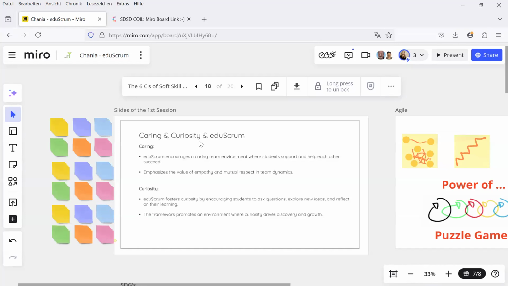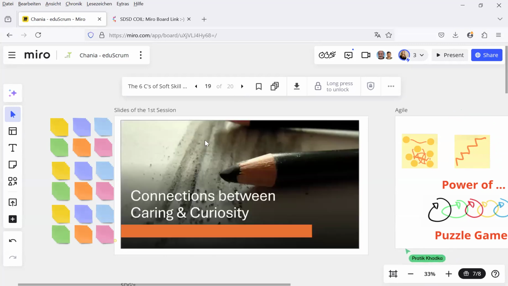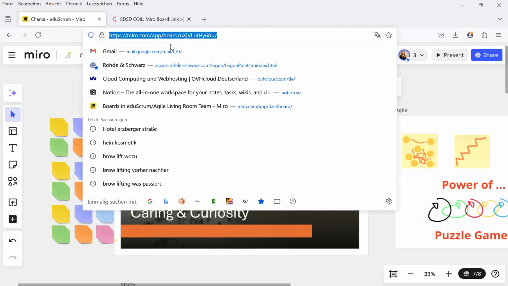Yeah, and the EduScrum as a framework, as I said, it demands somehow caring and curiosity, but on the other hand, it gives really space for caring and curiosity as well. And as we have done it, the last session, we would like to gather your thoughts about these skills as well. And here's now the picture, and we would like to know, do you see any connections between caring and curiosity as skills? And I share the link in the Miro